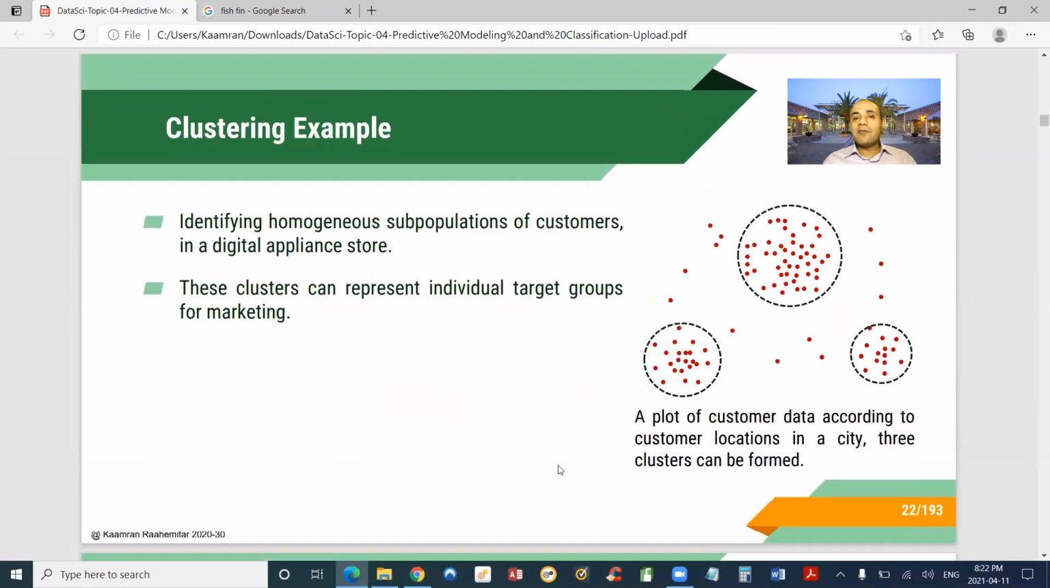Identifying homogeneous subpopulations of customers in a digital appliance store. These clusters can represent individual target groups for marketing. You could potentially look at the income if they have provided it to you. You could potentially take a look at the history. They have been purchasing expensive items from you. And you can potentially project that these type of people who come into your store are going